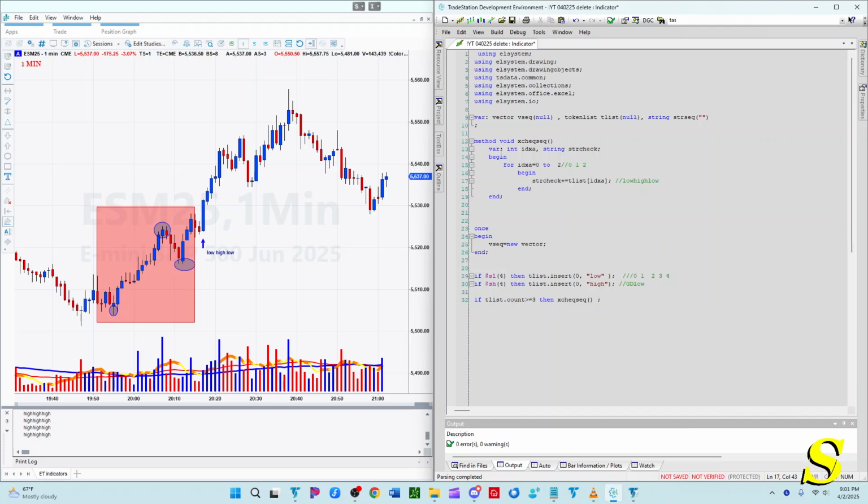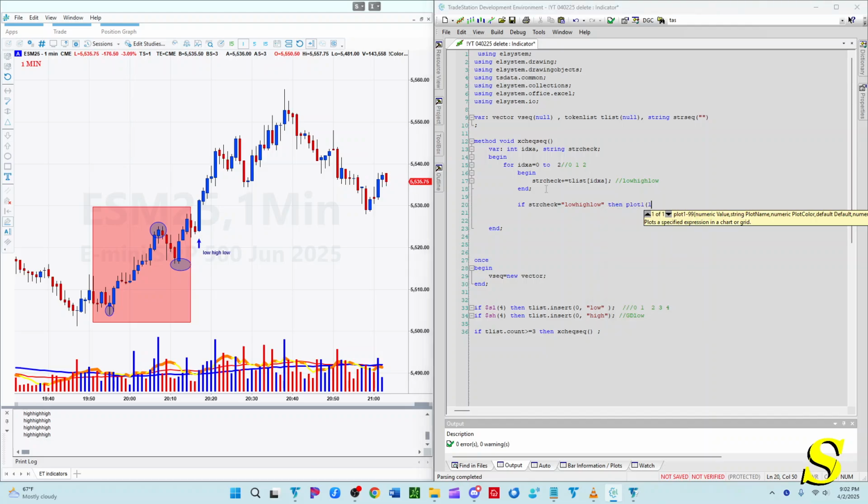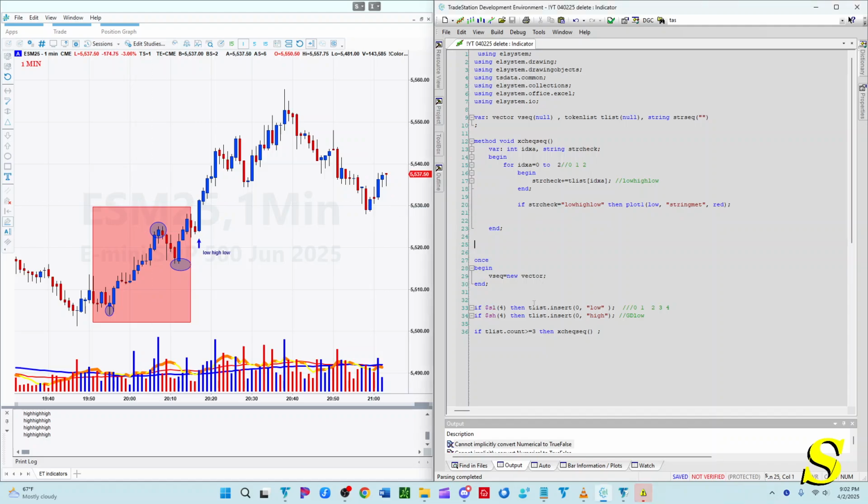Okay, so now when we get done with this loop, because this is still run on every bar, right? It's run on every bar. Now when we get done running the loop, we want to say if string check is equal to whatever we're looking for, low, high, low, or something else, then plot 1 low. We're just going to put string met, and then we'll put red, and just try to verify it. I got an error if this, then TList. Okay, so one of the errors that we have for sure,